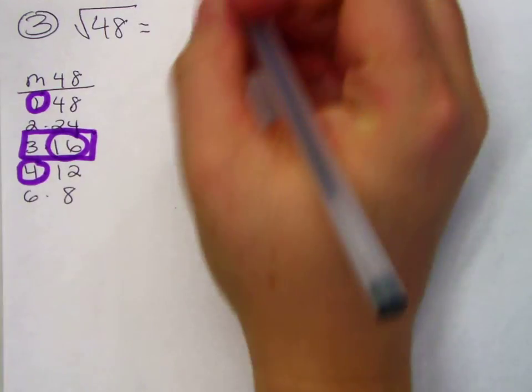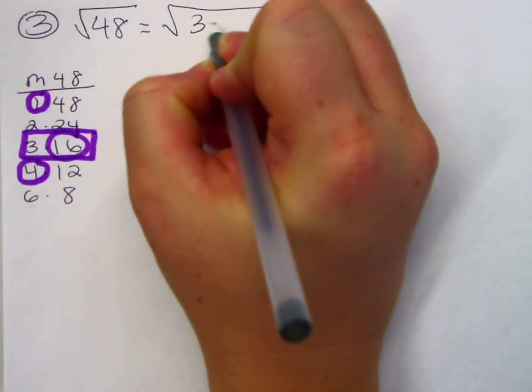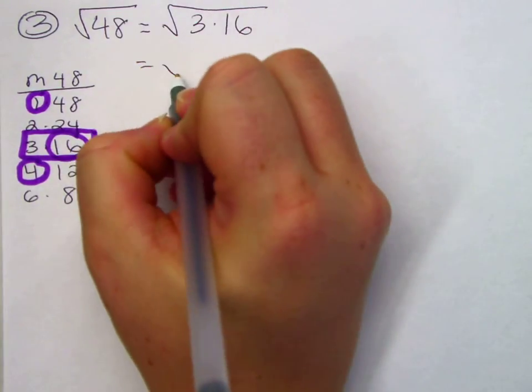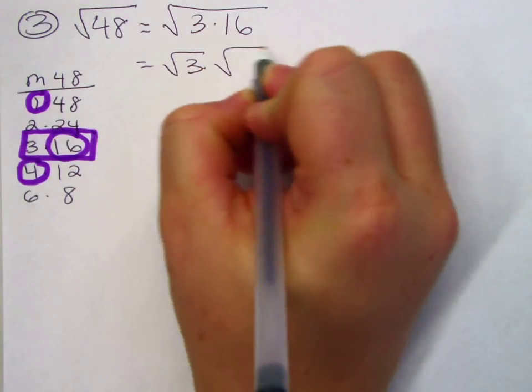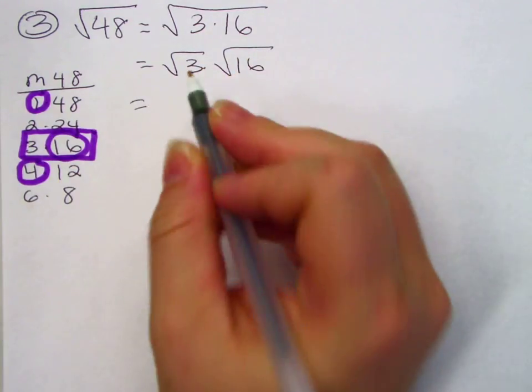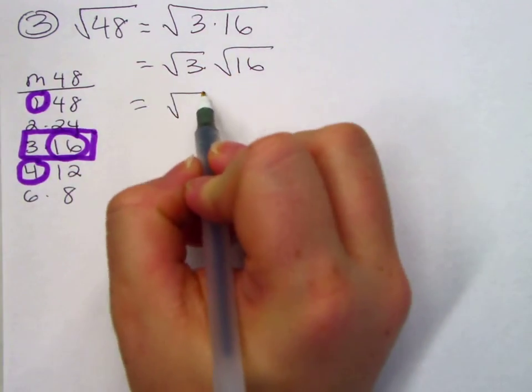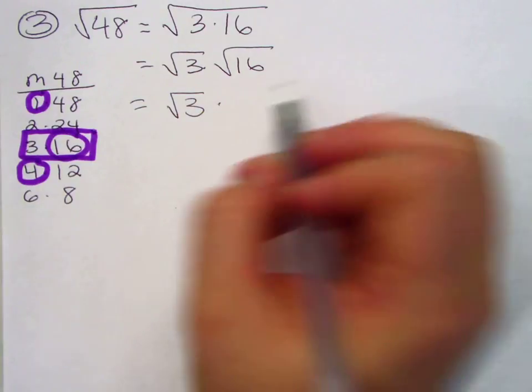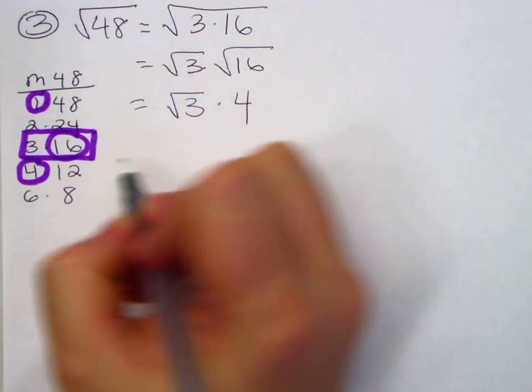That's the one a lot of students mess up. All right, so I'm rewriting this as 3 times 16. Radical 3, radical 16. Do I know the square root of 3? No. Do I know the square root of 16? 4. And then put the 4 in the